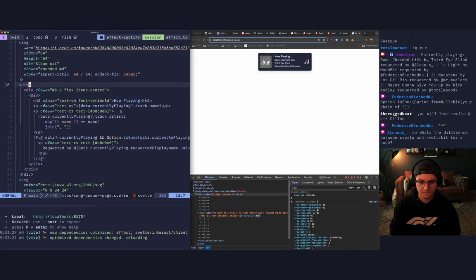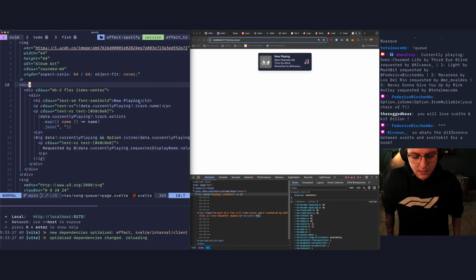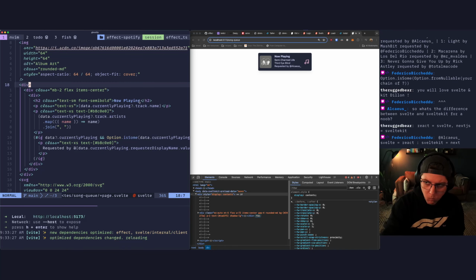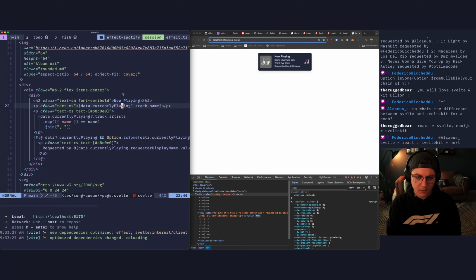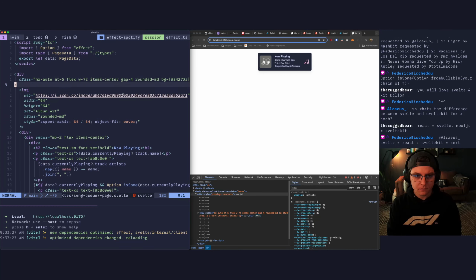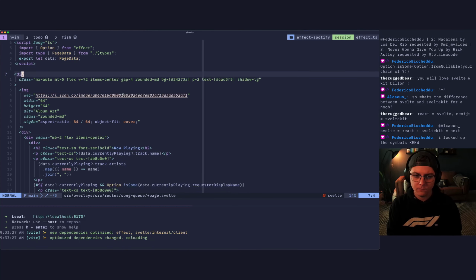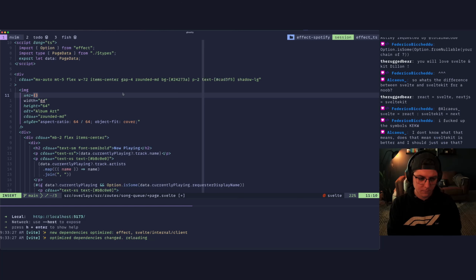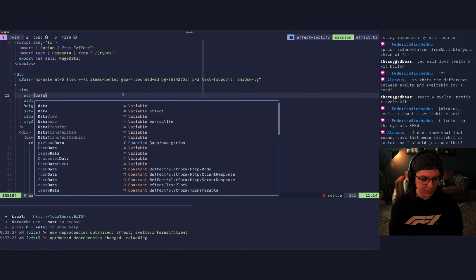So now let's... SvelteKit is like the Next.js of Svelte. So now we can come in here and this can just be changed around. It adds server capabilities to Svelte.